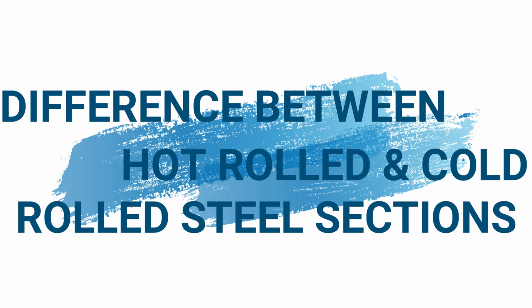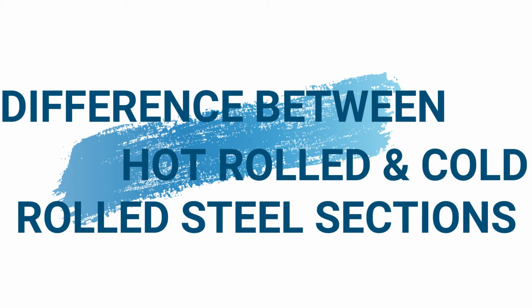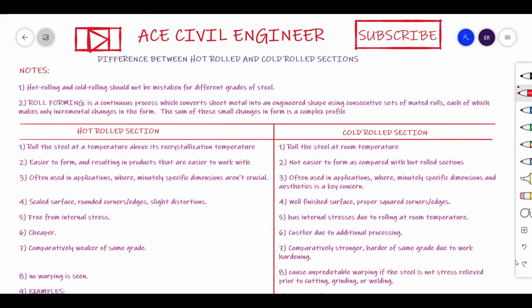In this video, we are going to discuss the major differences between a hot rolled and a cold rolled steel section. So friends, it is important to know the best suited type of steel for any of our needs. We have different types of steel manufacturing processes which can produce material that performs better for a specific application. Here we will discuss two types of such steel varieties.